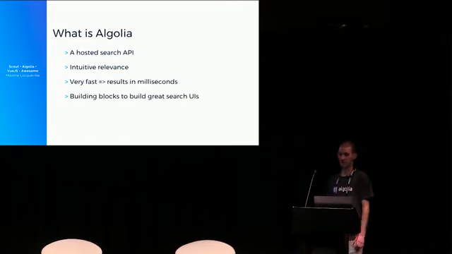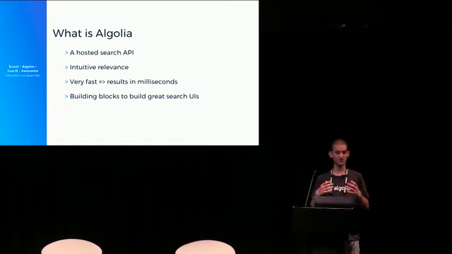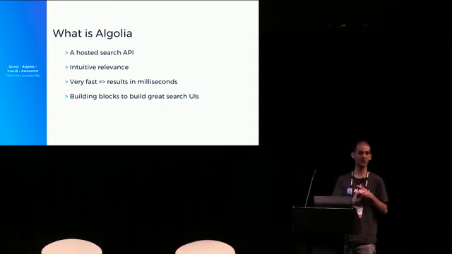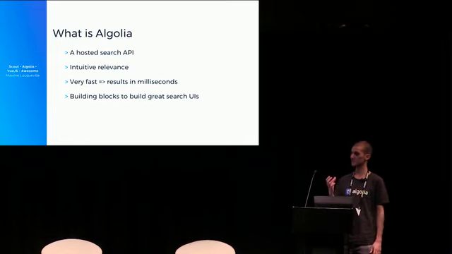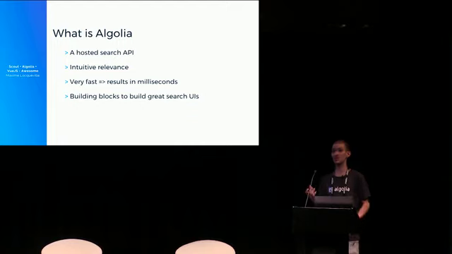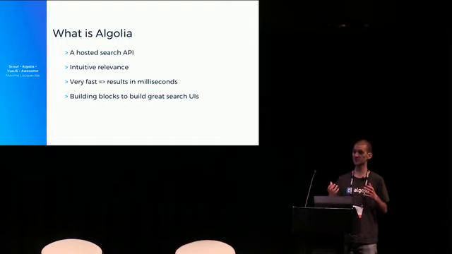A bit more about Algolia. Algolia is an API. It's a hosted search API. So everything that you do with your search, you interact through it with the API. If you want to search, to index your data, to configure the relevance, everything goes through the API. And what these APIs allow you to build is really relevant search. You have inside Algolia all the tools out of the box to do really great relevance. And it's really fast. You might have seen it on the doc. As soon as you type something, you get the result instantly wherever you are. And the reason it is that fast is because it's been built from the ground up to do such type as you type experience.